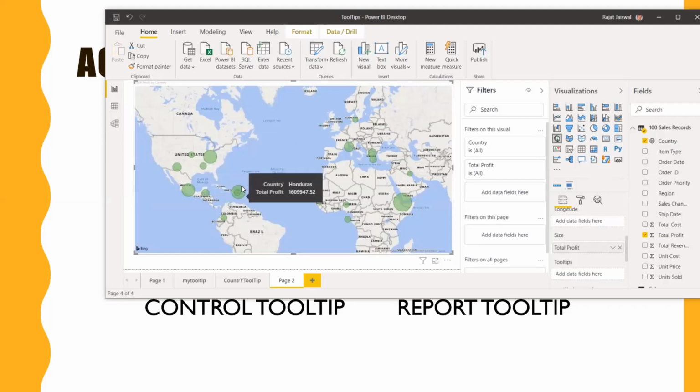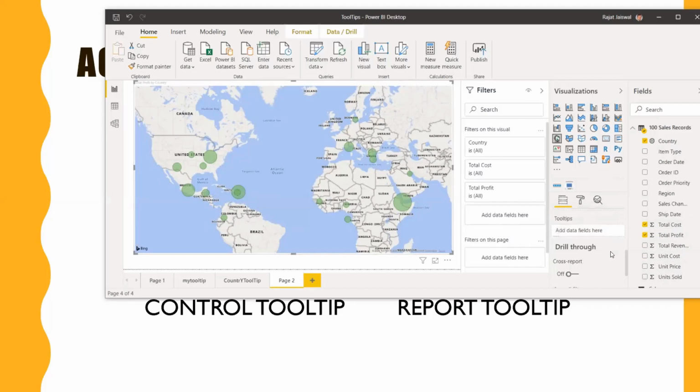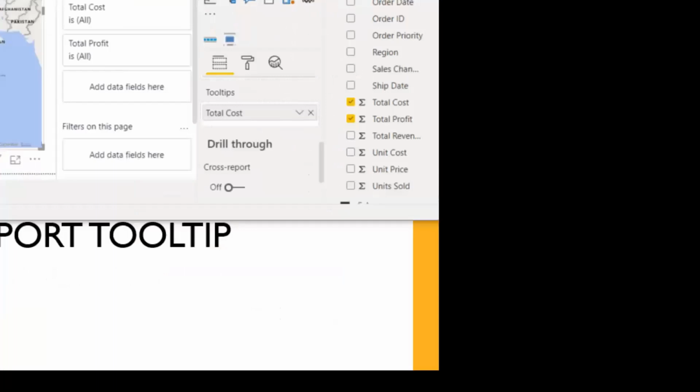Yeah, Honduras. So as you can see, when you hover it, it gives you the country name and total profit. Apart from this, if you want any other tooltip, like if you want to show total cost as well, just drag and drop into the tooltip area, which you can see over here. If it's not visible, let me do this.